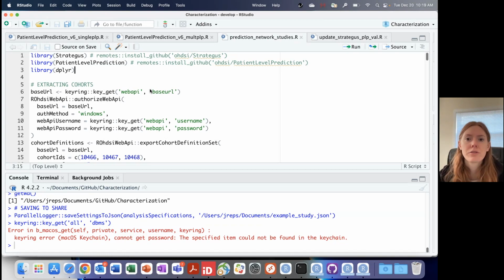for model development. There's also different modules that are available if you want to do model validation, which there will be videos coming for that. And also if you want to do other forms of analyses, there will be videos coming out for that. But for patient prediction, what you need to create a JSON spec for a network study is you